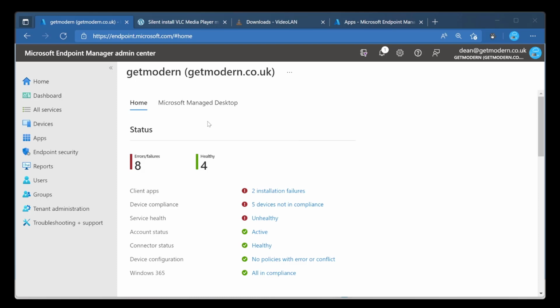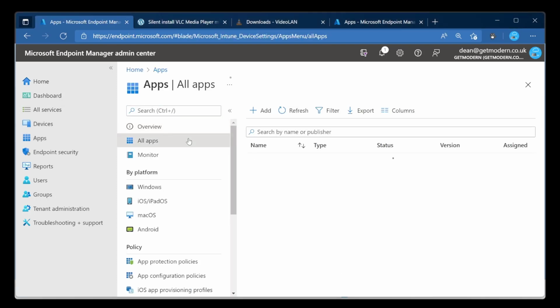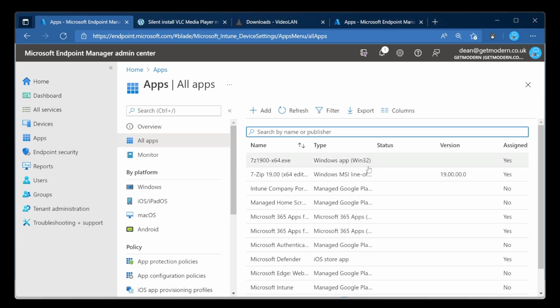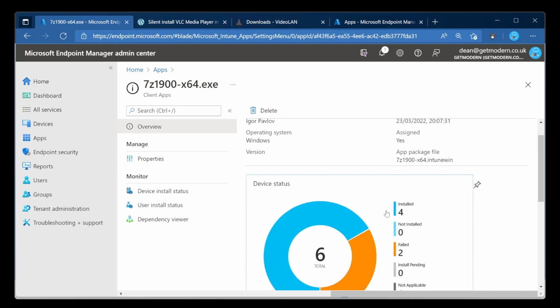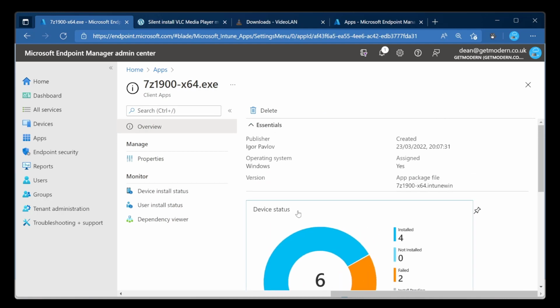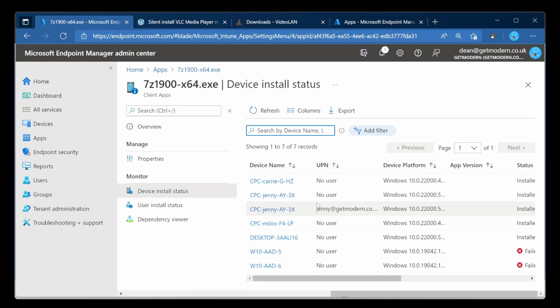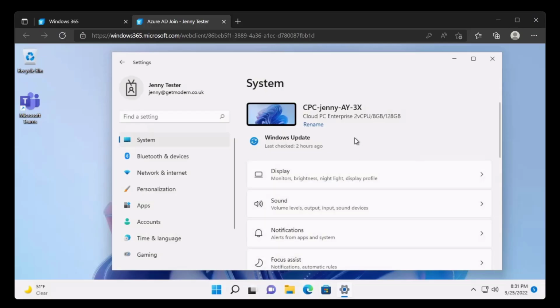So from the Endpoint Manager Admin Center, straight down to apps, all apps, and then here we've got some applications that are already there. You can see I've got a Win32 version of 7-zip 1900 and then an MSI line of business app version of the 7-zip 1900. Now this is the one that's deployed to my devices, so I'm going to choose that and then show you that. So we've got installed 6, 2 failed, but meh. Device install status, we've got Jenny AY3X, which is a Windows 365 Cloud PC, and there is that computer there,